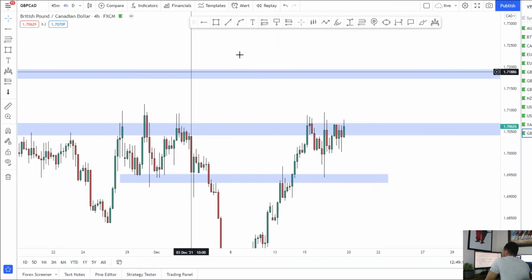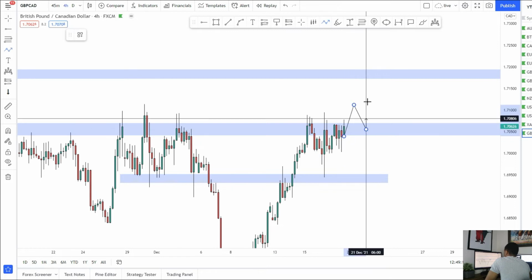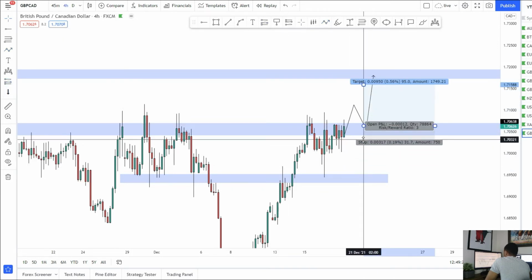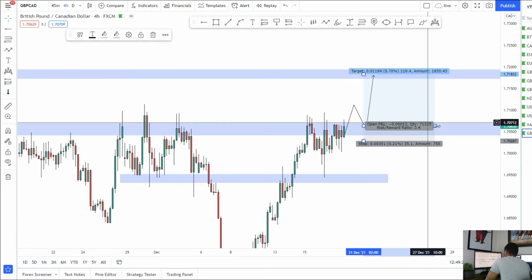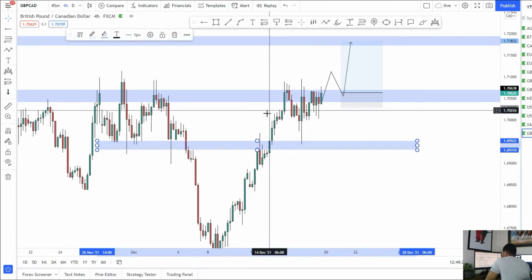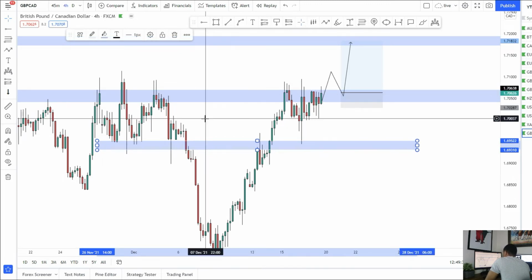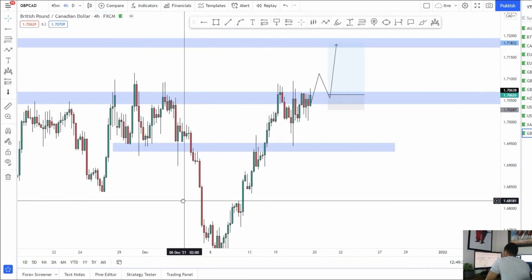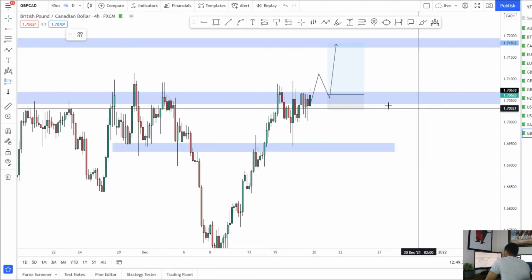So if we can break through that, we'll look for the break and retest, of course, to trade it into 1.72. Not going to just buy into it straight away. We need to see that break to confirm to us that we are pushing higher. If not, I mean, just consistently putting some wicks into that level like we did previously over there, and like we did a lot over there,